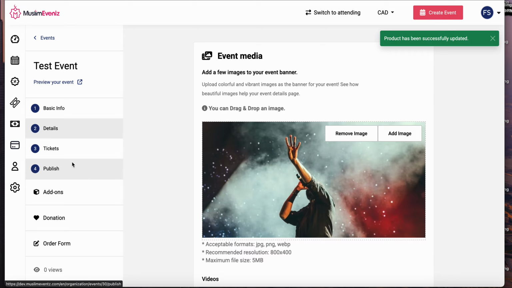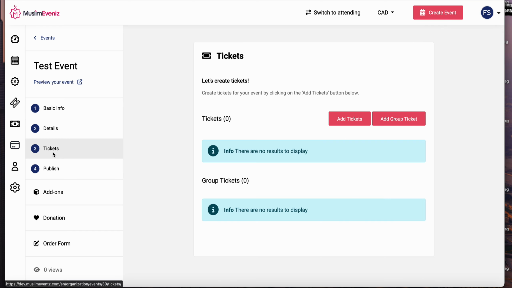Great. Tickets. We're going to need tickets, of course. We got to make money. We got to sell tickets for this event. And just for the record, you can do any number of things over here. You can have a free event, which means you're going to provide registration. If you don't want to sell, that's for free events. It's considered registration. If you want to have tickets, then you simply click on add tickets,